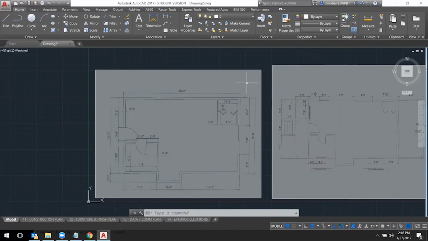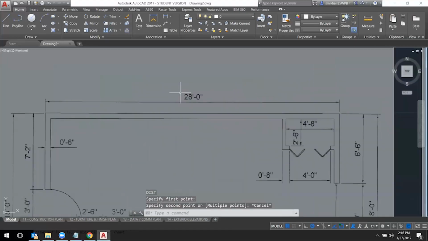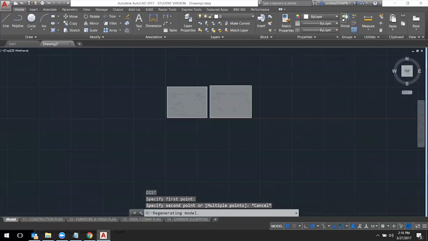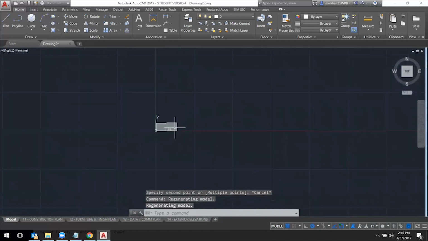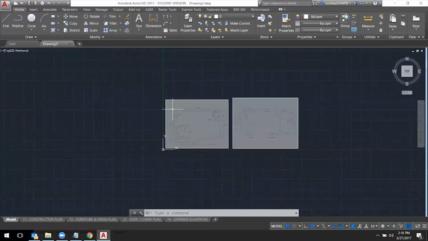So I'm going to scale them both using this reference, and I'm going to go back again to rescale this one to its appropriate size. The reason why I do this, if I look at the distance, DI, from here to here, right now this is 1'3". Once I make this 28 feet, it's going to get really, really large, leaving this one being really, really small. So I want them to be somewhat close to each other,